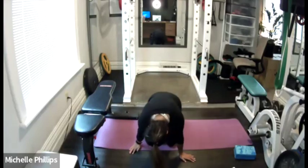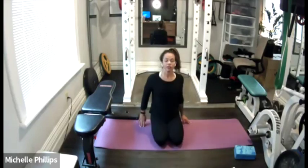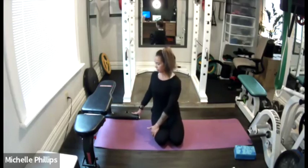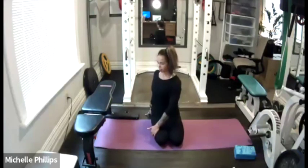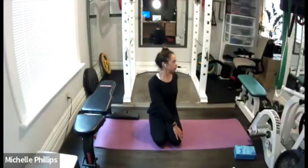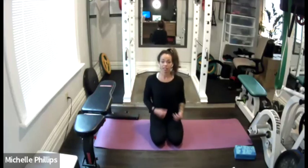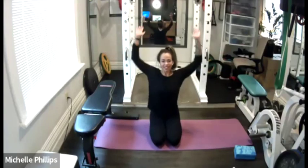All right, so sitting back on our heels. Let's add a little bit of rotation. So taking one hand to our opposite leg, using that back leg to support. And switching. Let's take a big deep breath in, reach,